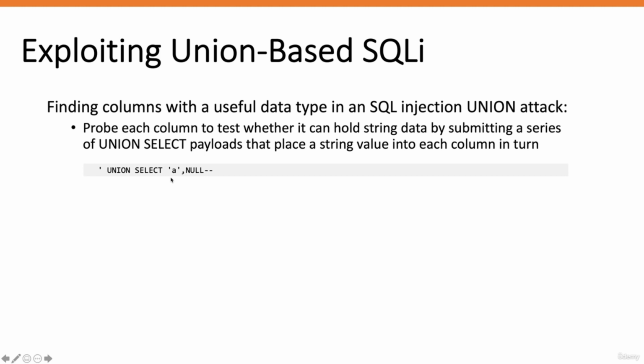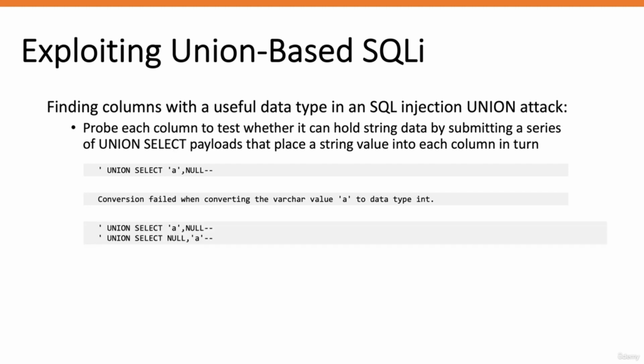If it outputs an error saying that it's incompatible with a certain type, in this case, the first value is actually an integer. So I get an error saying that it's incompatible, which means that the first column is not a string data type. Next, I try the second column over here. I keep the first as NULL, and I try the second column. If I get an error, that means this also does not accept string values. And I keep doing that